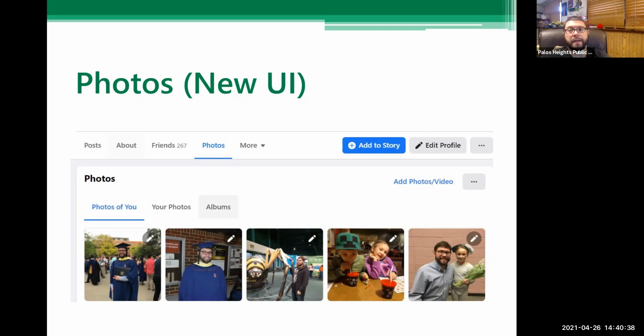Albums is, if you go on vacation and you post pictures from that vacation, you can create a specific album for them, and you can access and edit those in that tab. There is also the add photo/video button there, which, just like it says, you click that and it'll ask you, do you want to make an album? What do you want to do?